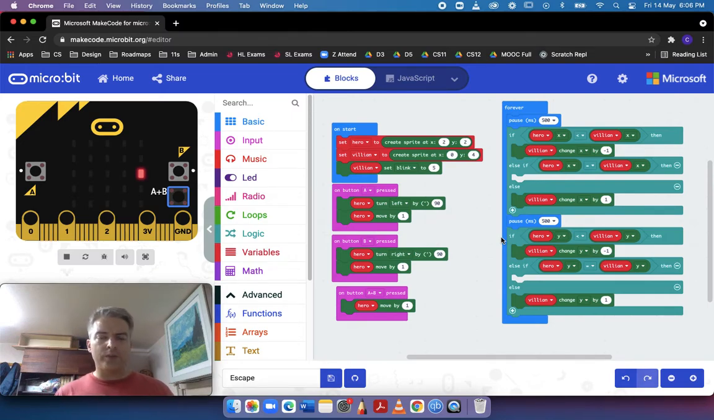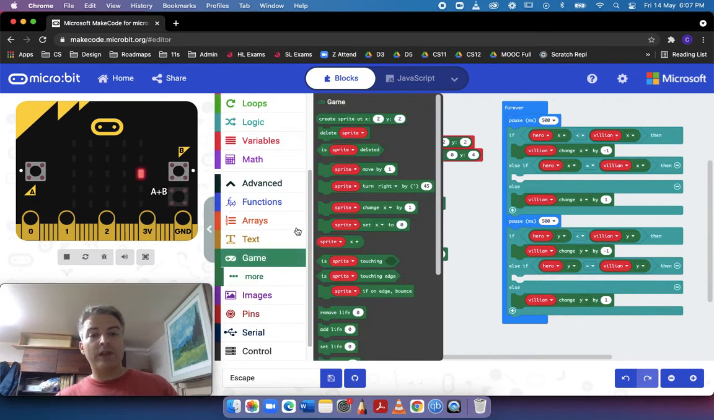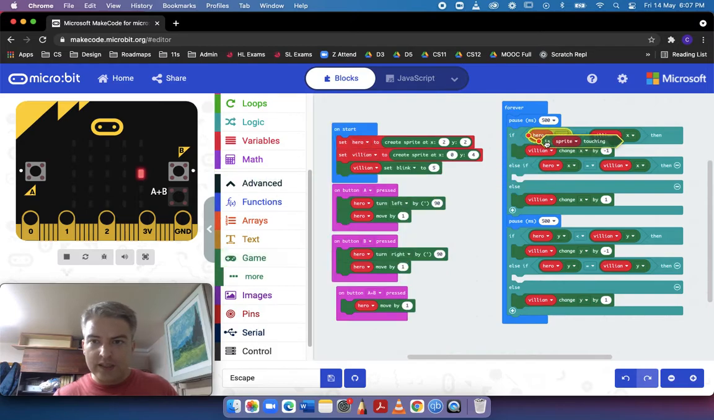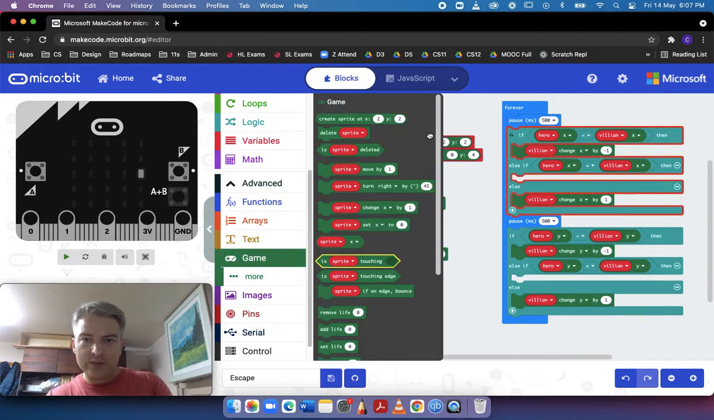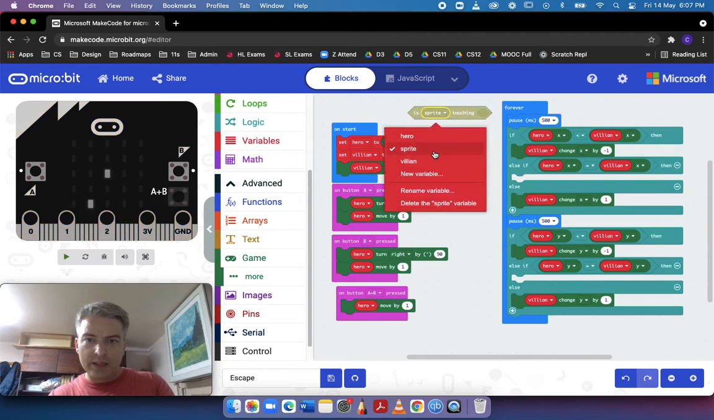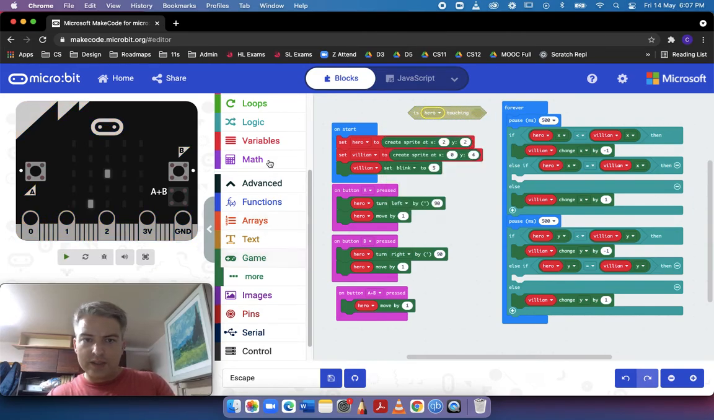So we've built some basic AI, where the enemy is going to try and track our hero, and we could do something in our game where, if the villain ever meets the hero, if they end up touching each other, then it's game over. We've done this in a different one. I think our best thing to do is a little if statement. We're going to check to see if this sprite is touching. We can do something like if the hero is touching the villain,